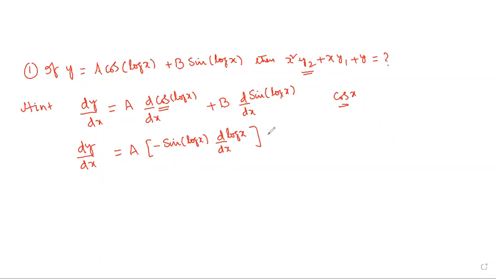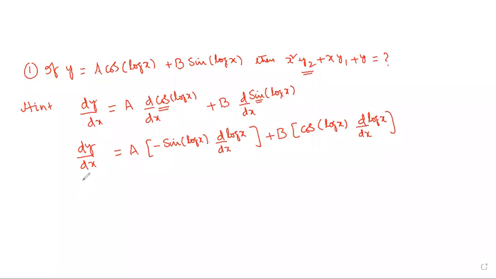Next, b into the first function. Immediately, the second function is not a single x. It is a log of x. Therefore, the chain rule will come. So the sine standard formula is the cos of the second function into the derivative of the second function by the chain rule. And understand everyone? So why am I going to apply the chain rule? The second function is not a single x. Immediately apply the chain rule.